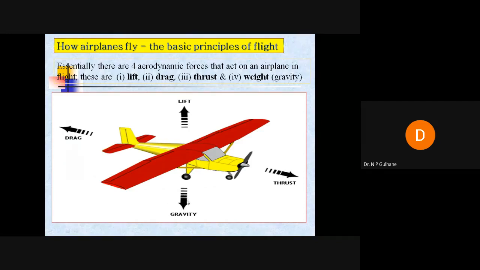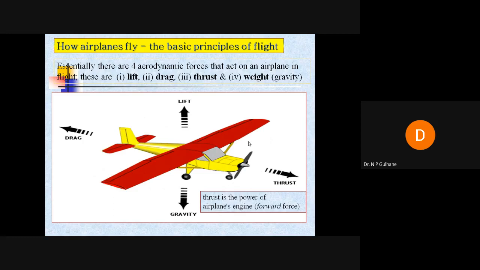To overcome this gravity, to take a lift, we should have this force, lift. When this lift is higher than gravity, then we can fly in the air. The opposition force is called drag. Whenever we fly in air, we have a tremendous opposition force, that is drag, and that should be overcome by the thrust. Otherwise, we cannot move at a speed of 900 km per hour. That thrust is the power of the airplane engine. This aeroplane engine, called a gas turbine, produces power, and it is called the thrust force.